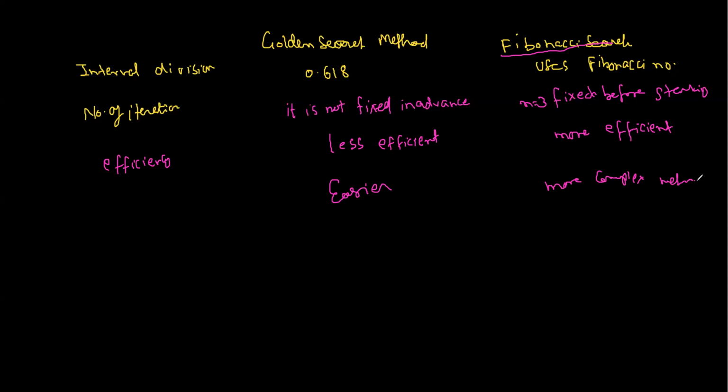Understood? Yes. So both are important. In golden search, always use the golden ratio, which is 0.618. No fixed iteration. In Fibonacci, fixed iteration is there, right? Yes. Now do one more question so that you can